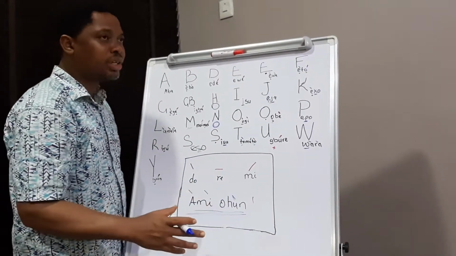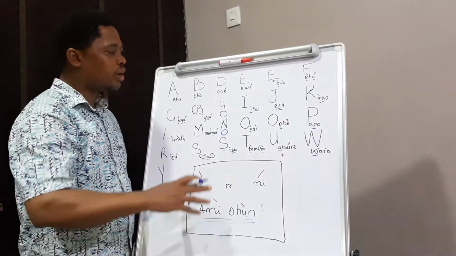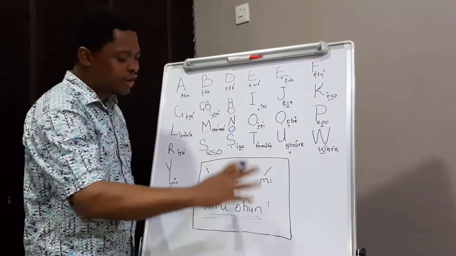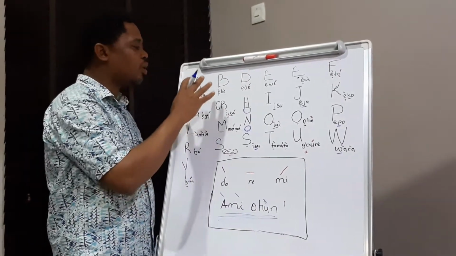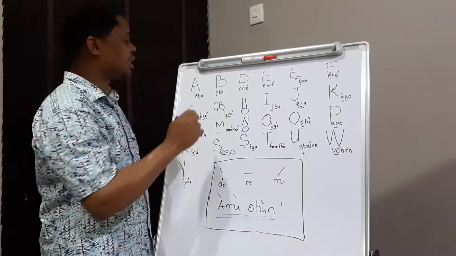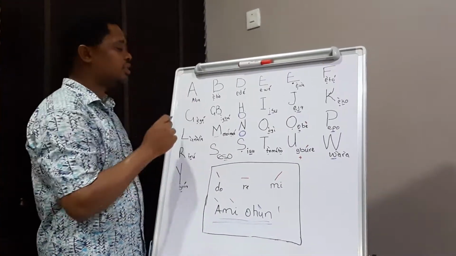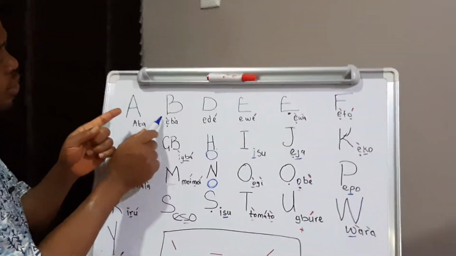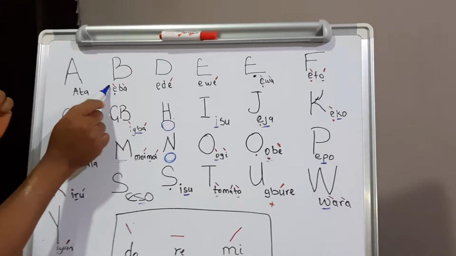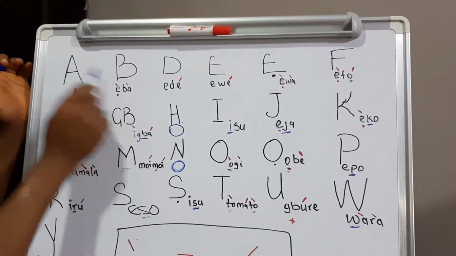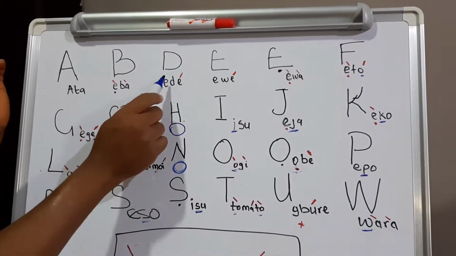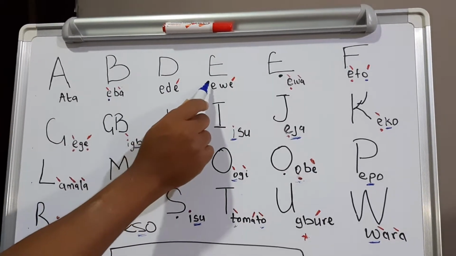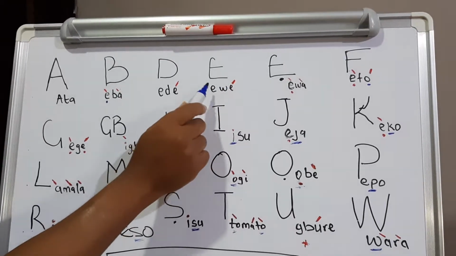We are going to continue in the next edition on each in detail on different words, but let's relate it to all these words that we have in brief. Ata, re, you see there is no sign on top. Eba, you look at the two signs, it might be small text. Looking at the left, do. De, re, no sign, mi. We, re, mi.